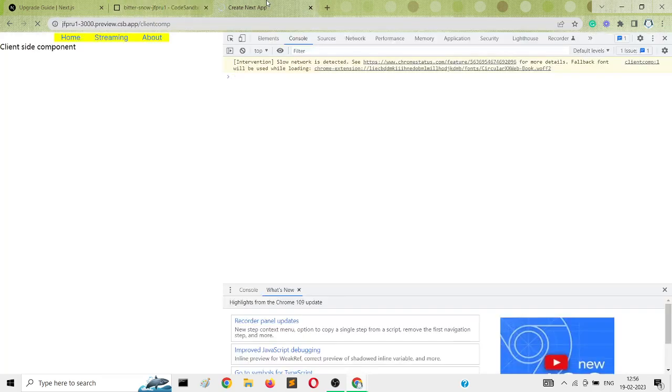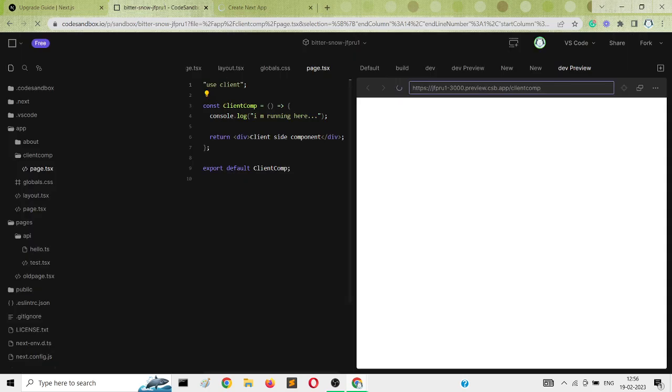So no, it's not working, but yes, after using that particular client side thing, you will be able to have a look at that console statement here, because it's now working on the client side. The main difference is that when you use a server side component, you will be able to have a look at the same code being rendered by the server, meaning it's available on